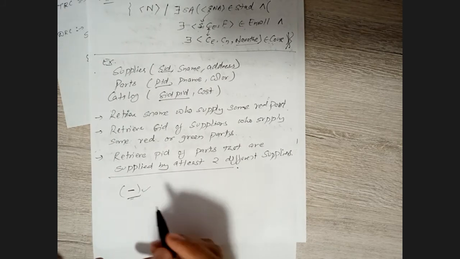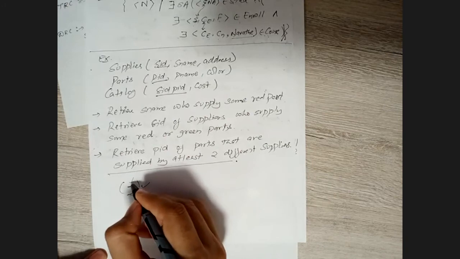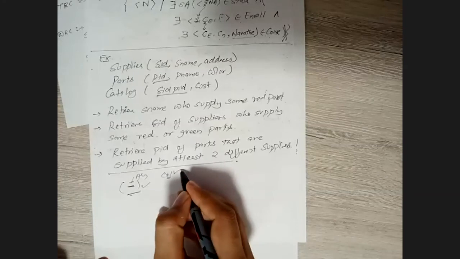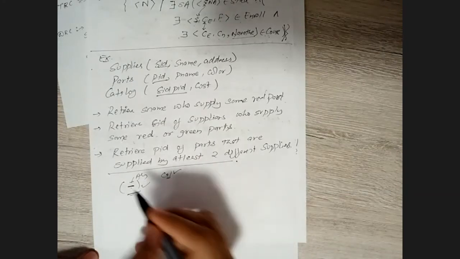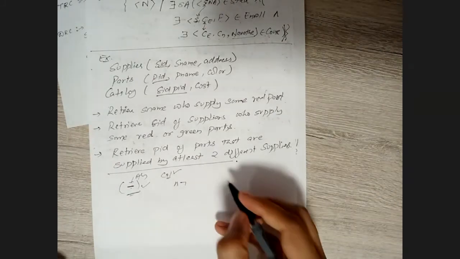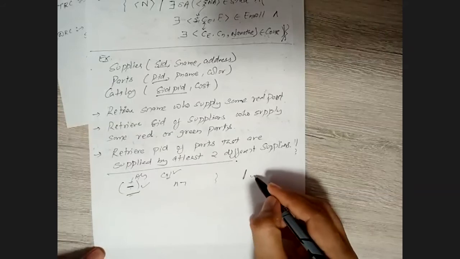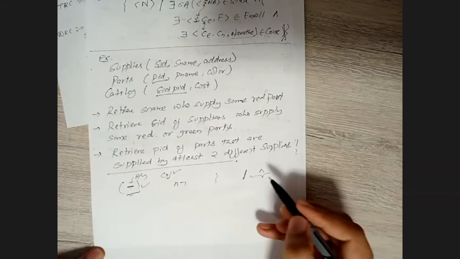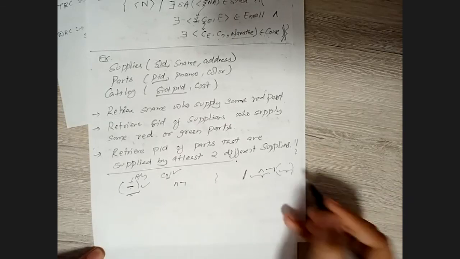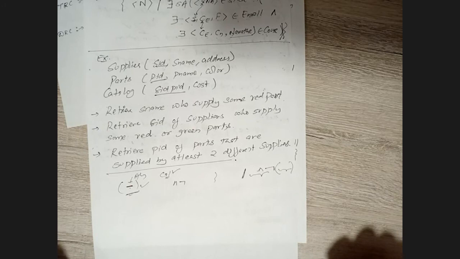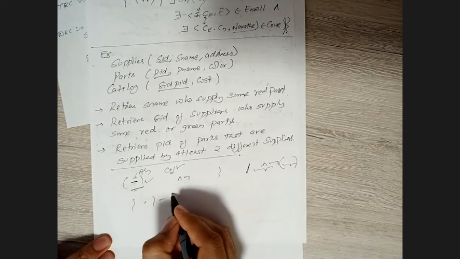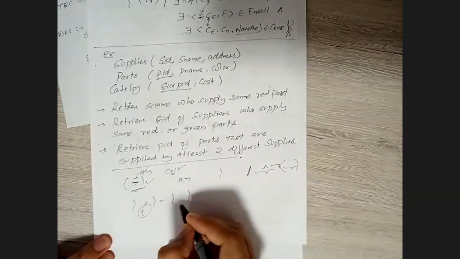Okay, that's fine, but the set difference operator is in algebra, and I told you this is calculus. So as a part of calculus, when we use the set difference, we use AND and negation. In the TRC query, we are using the AND operator, so with the AND operator, attach the negation and then continue the same using brackets. For the difference, we have two TRC parts, let's say this is the first part, this is the second part, right?